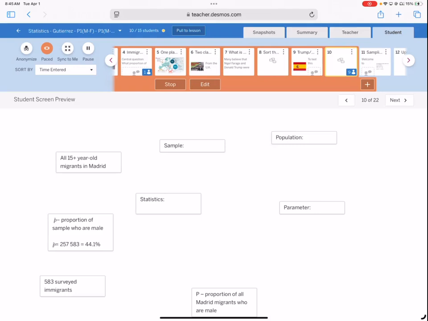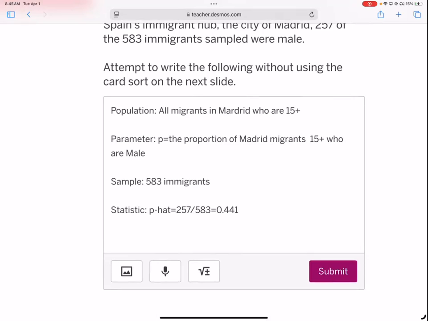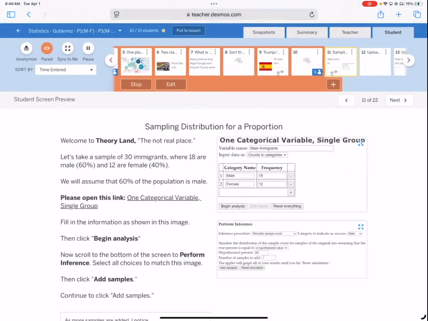All right, now we're going to come back to this question here because I can tell you 583, that's a pretty big sample, right? 0.44 is quite a bit of ways from 0.60. So what this tells me as a statistician, just by looking at it, I can just feel that this is low. I can feel that 44% is really low and that there's something going on. So we're going to practice and see what we're going to do, because what we have to learn is what's called a sampling distribution. So I have an activity for you, and you're going to do this, and then you're going to put